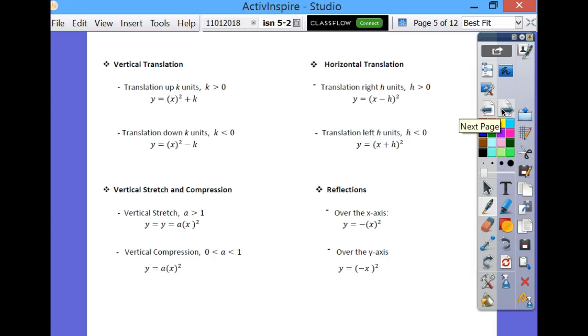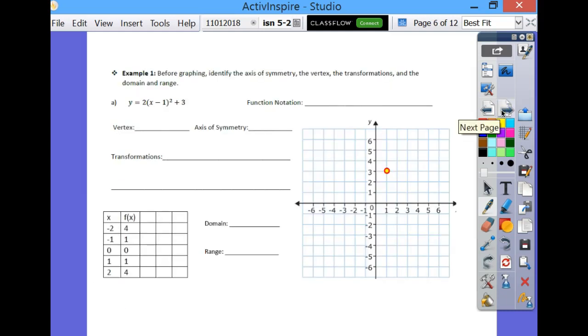We did our translations yesterday, and today we're going to do reflections, stretches, and compressions. These rules are the same rules that we saw earlier in the year. This is just now applying them to the x squared type graph. So, when we look at example 1,